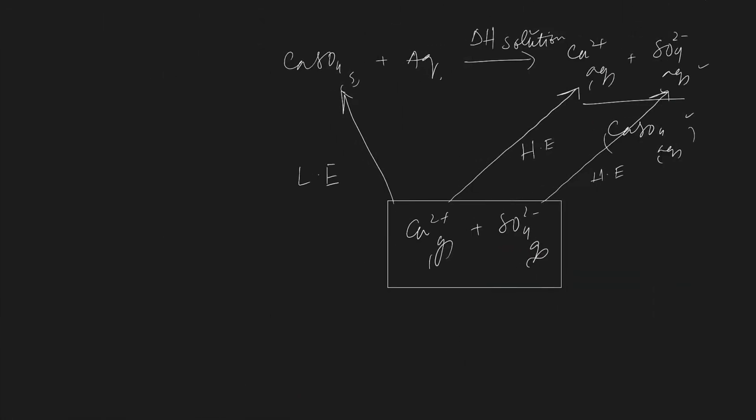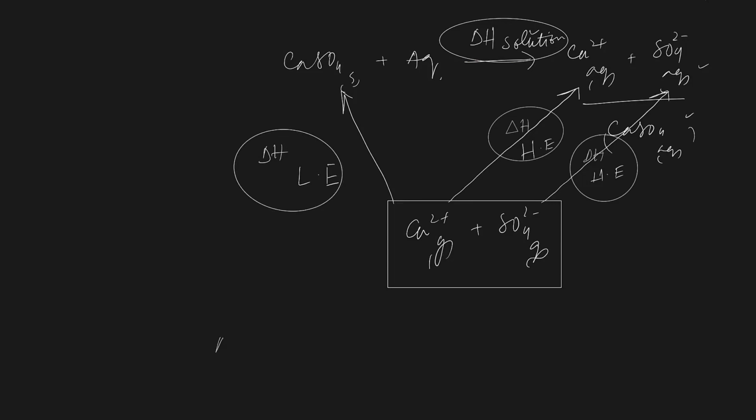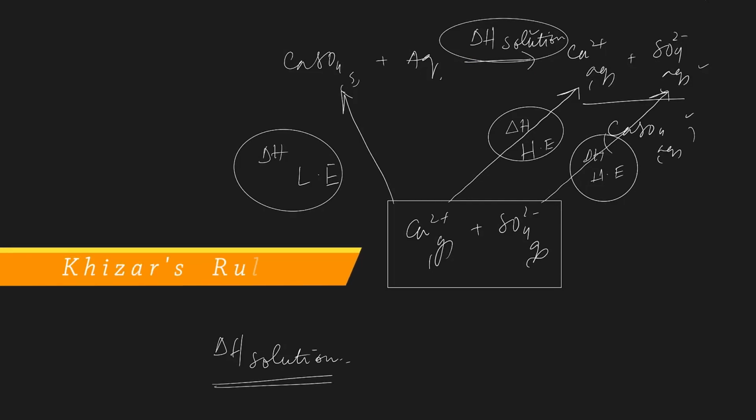This cycle contains three main routes or three main arrows. One for the enthalpy of hydration energy, second for the enthalpy of lattice energy, and the last one is showing the enthalpy of solution. To find the answer of enthalpy of solution, I am applying my own rule or technique, you can say Khizar rule. According to this rule,